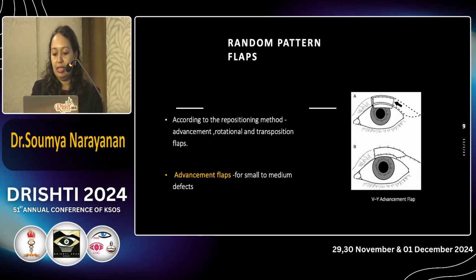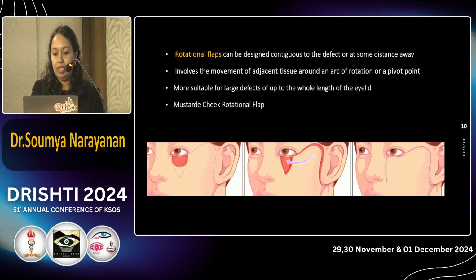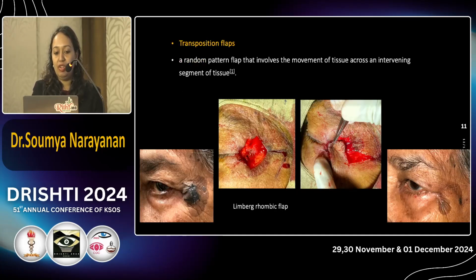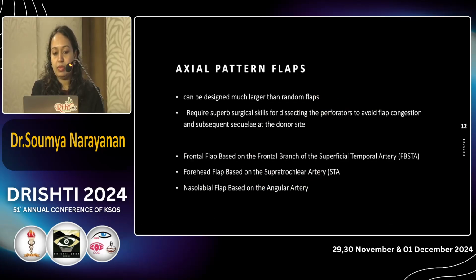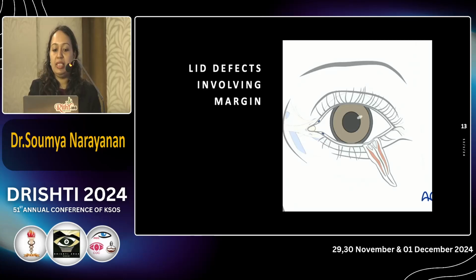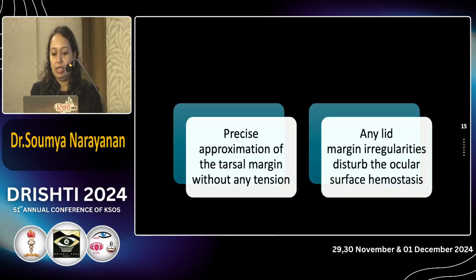So this is an example of a VY advancement flap. This is a case of Mustarde's cheek rotation flap, and this is a transposition flap which we used for a lateral canthal BCC. Axial pattern flaps can be based on the superficial temporal artery, supratrochlear artery or angular artery. Lid defects involving the margin are very important because we need a precise approximation of the tarsal